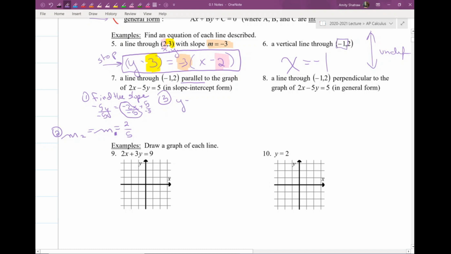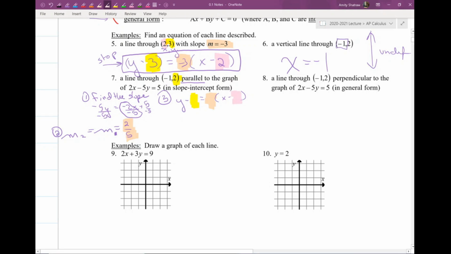y minus y sub 1 equals m times x minus x sub 1. And I'm just going to throw the numbers that I have where they belong. And let's see, that slope that I found was 2/5, and so I want to throw it right here. And the y value that I had originally been given, and where I got this point right here, is a 2. So that was given information, and one of the tricks of calculus is to remember what you have been given